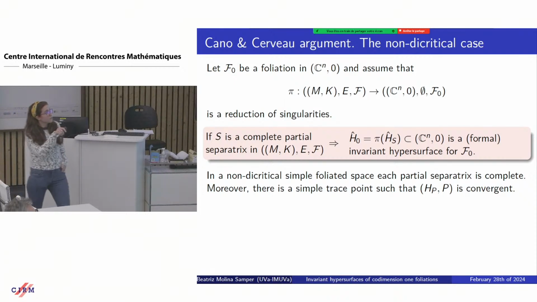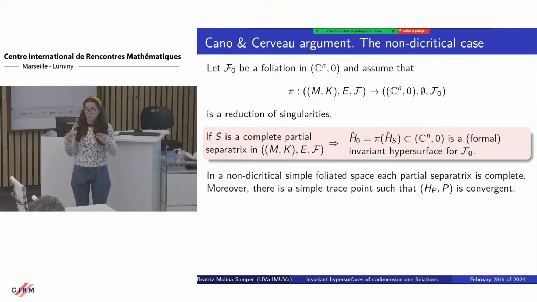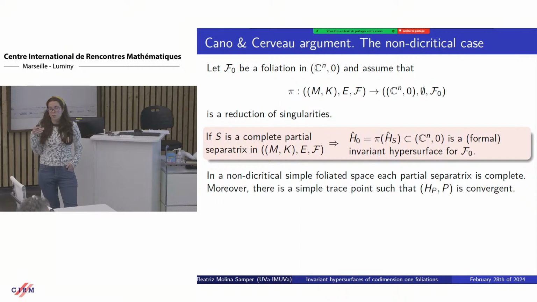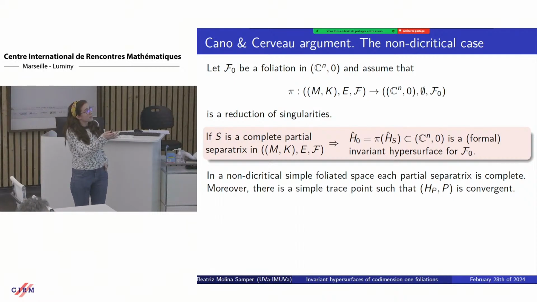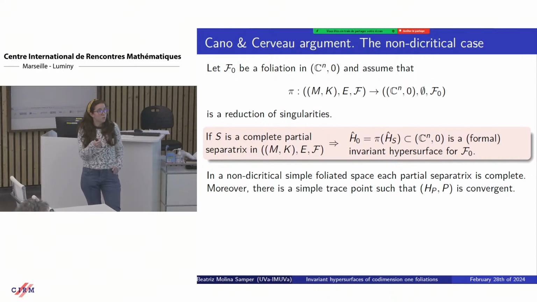So any of these complete partial separatrixes, I can project if they are complete. If I have this closed immersion, I can project the space to obtain an invariant hypersurface for the original foliation, because the reduction of singularities, the composition of blow-ups, is a proper morphism. Okay, so in a non-dicritical simple foliated space, each partial separatrix is complete, and moreover,